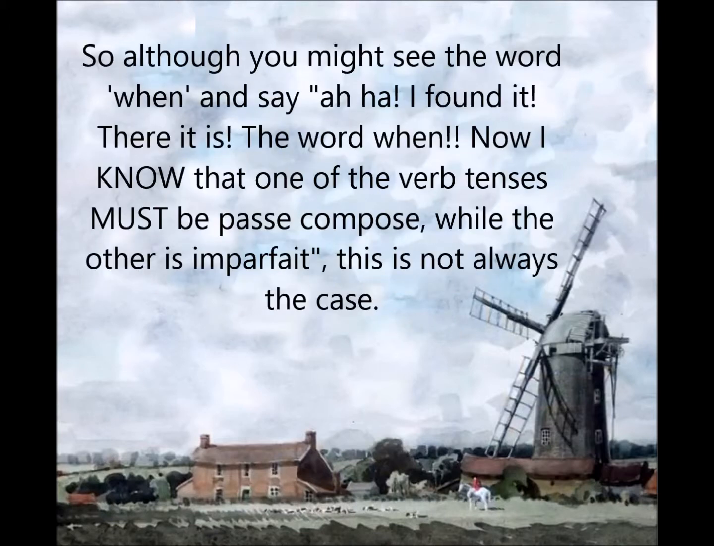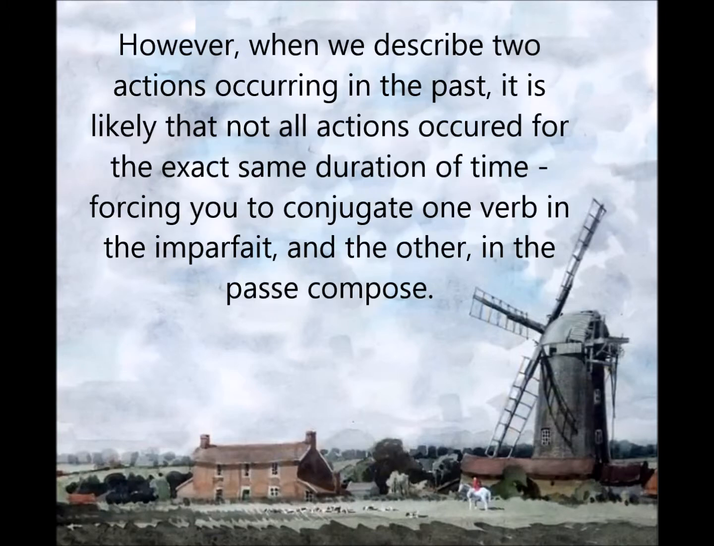So although you might see the word when and say, aha, I found it, there it is, the word when. Now I know that one of the verb tenses must be the passé composé, while the other is the imparfait. This is not always the case. However, when we describe two actions occurring in the past, it is likely that not all actions occurred for the exact same duration of time, forcing you to conjugate one verb in the imparfait and the other in the passé